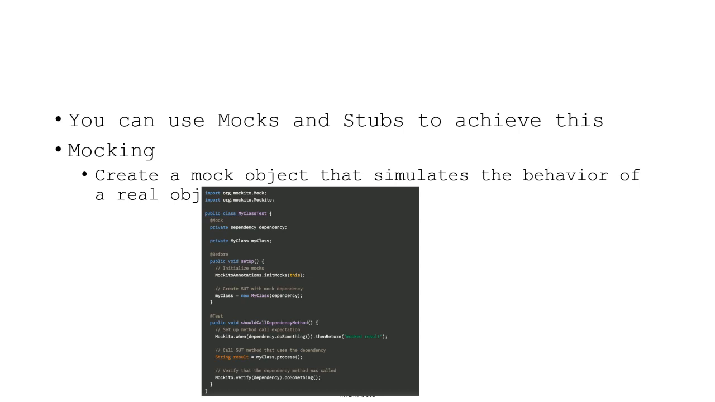So you can see this up here on this coding example. This is annotated with @Mock so that you know this is a mock object. And then you can use this mock object to simulate the behavior of what the real object should do. So this dependency,